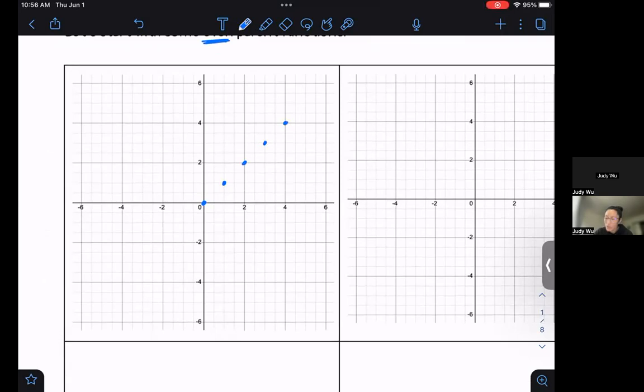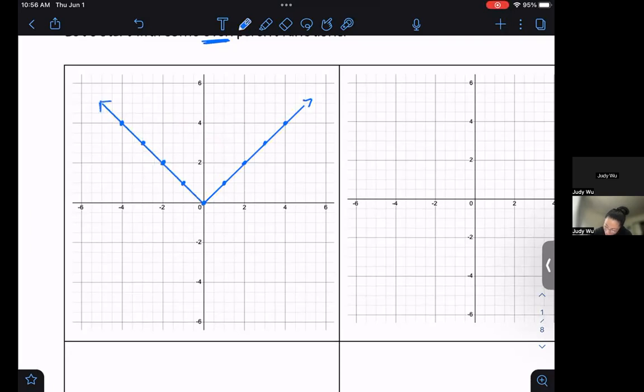And I'm going to do the same thing on the other side, but literally taking this point and reflecting it over here, and taking this point and reflecting it, and taking this point and reflecting it. Okay, so if we reflect all these points, we will get negative 1, 1, negative 2, 2, negative 3, 3, negative 4, 4. And when we connect these,